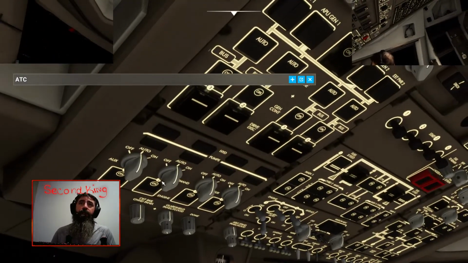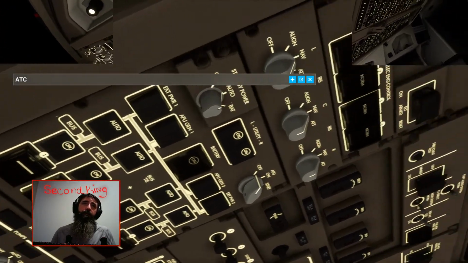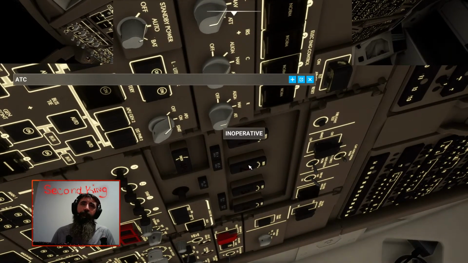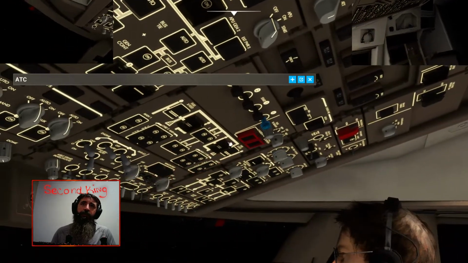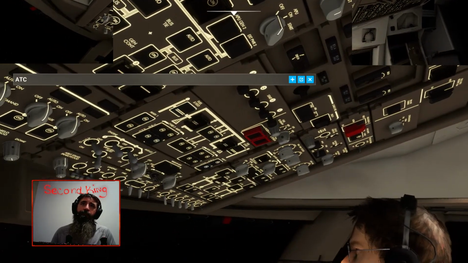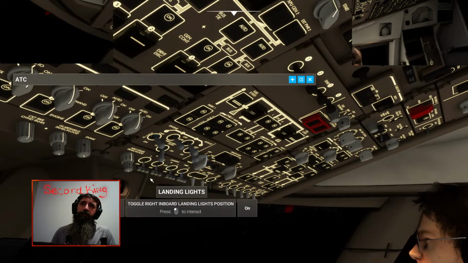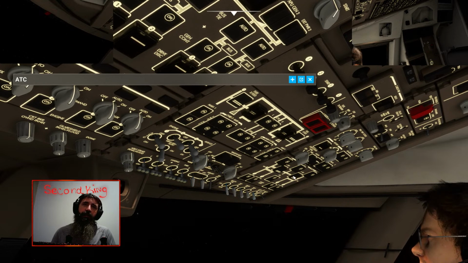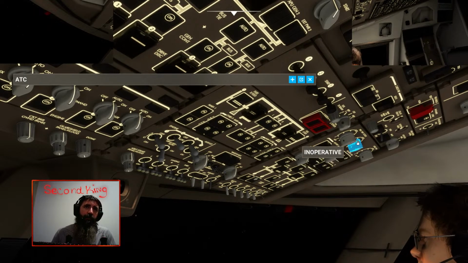Oh, overhead panel. The hydraulics. Power generation. Navigation alignment, fire suppression for APU and all 4 engines. There we've got our fuel panel, engine starters. Here we've got anti-ice. Here's all of our lights. Here's all our other lights. This is our air, so cabin pressurization, all the rest of that stuff.